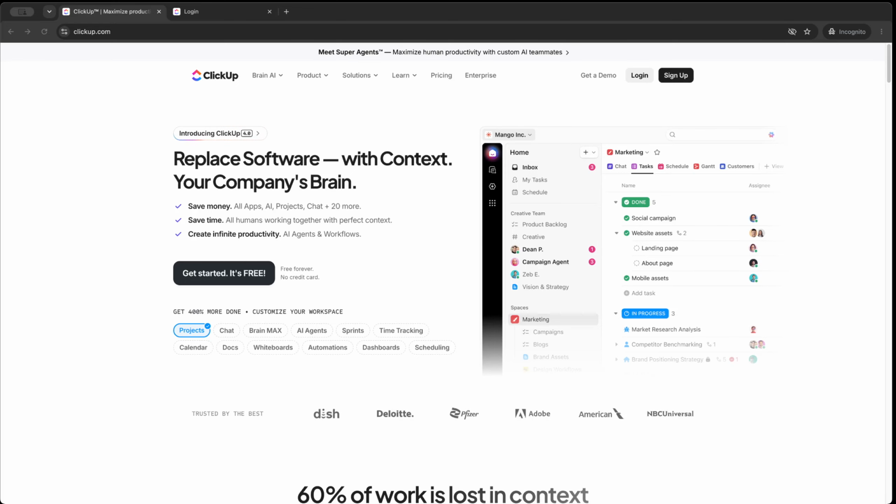Whether you're new to ClickUp or just exploring its features, this step-by-step guide will walk you through the process, making it easy to follow along and implement. Let's dive in. First, open your browser and head over to